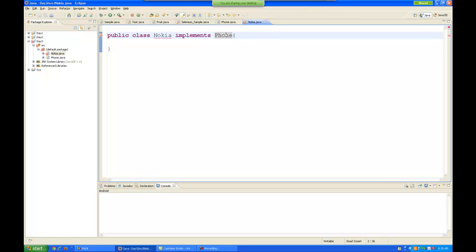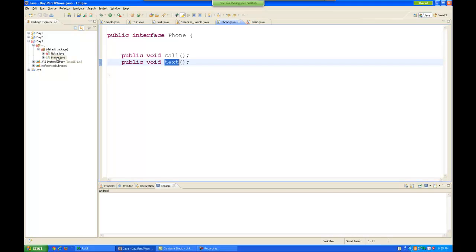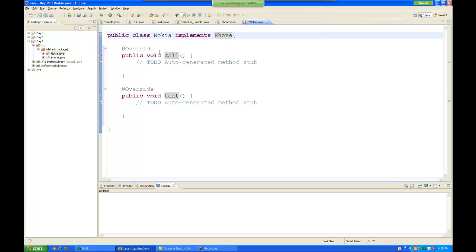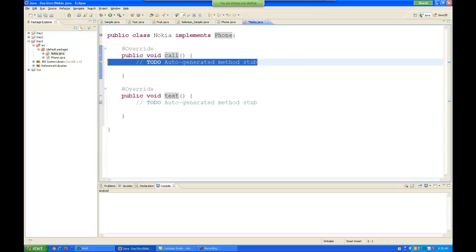Now when you write implements phone, then the Nokia class gets bound to implement all the functions inside the phone interface. Right now call and text functions are there inside the phone interface. So if I write class Nokia implements phone, then the Nokia class will have to implement both the functions. You move your mouse over this error and select add unimplemented methods, so you'll get these two methods coming up,